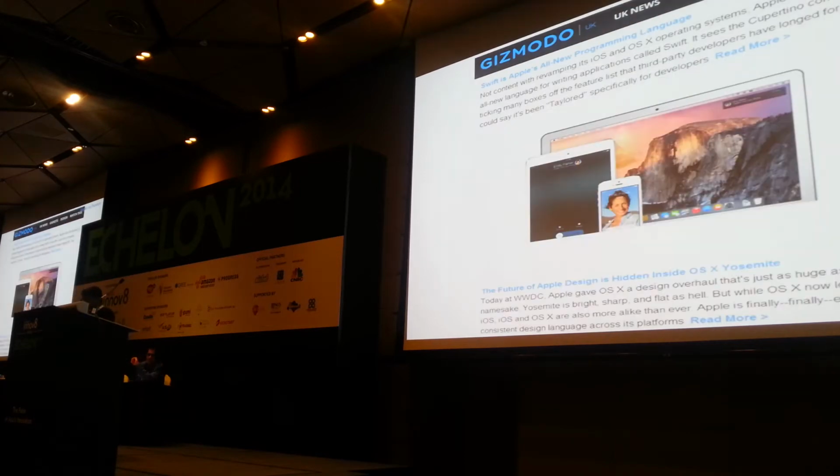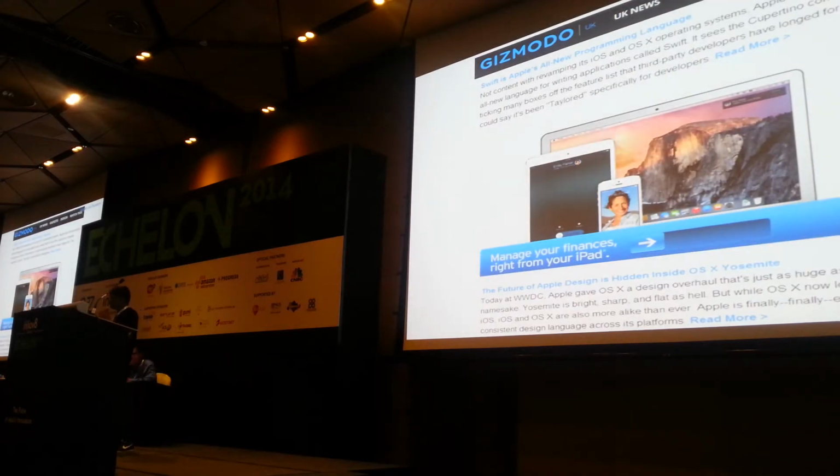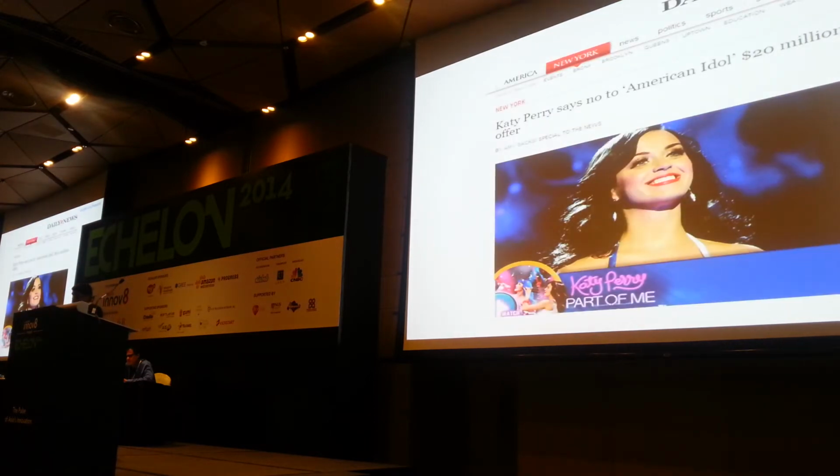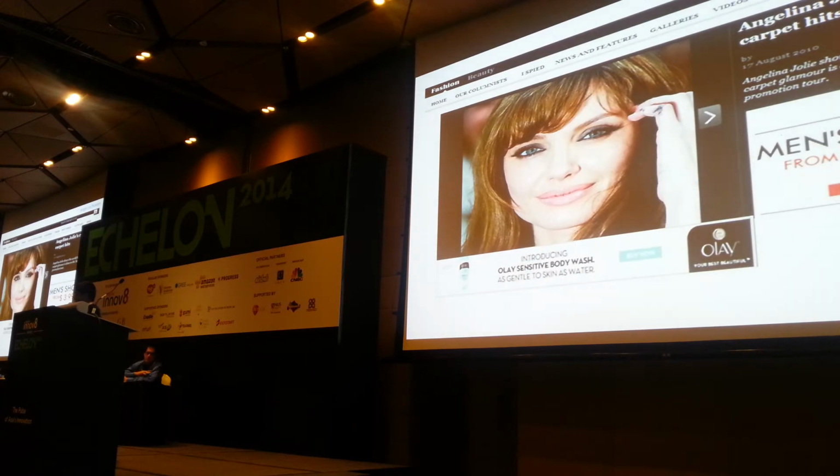Let me show you an example. If Citibank has a new feature which is primarily based on iPad, they want to target users on iPad. They can place ads over the images in the content publisher sites, which are highly related to iPad. This is what we call theme-based advertising. Automotive advertisers can target images of their competitor cars, and they can place ads over those images to convert them as their customers. Or movie producers can target celebrity images and place their ads over those images. Or consumer products like Olay can target beautiful women images and place the ads over the images.